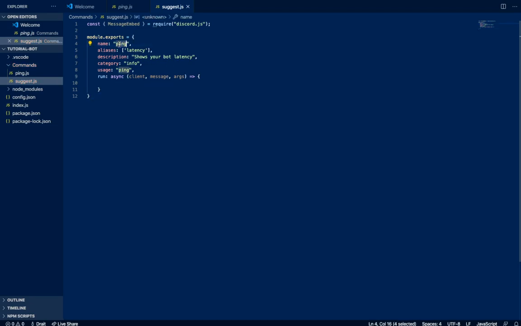Now we'll just change this to be suggest, make a suggestion and have the community vote. Alright, and this will be utility, and uses will be suggest and suggestion. Bam. Alright, here we will do